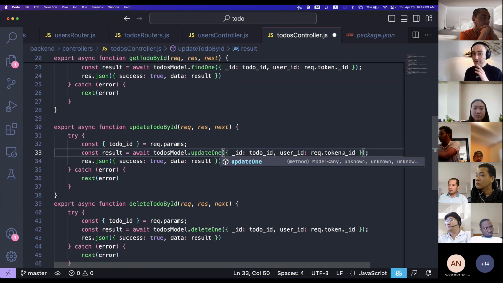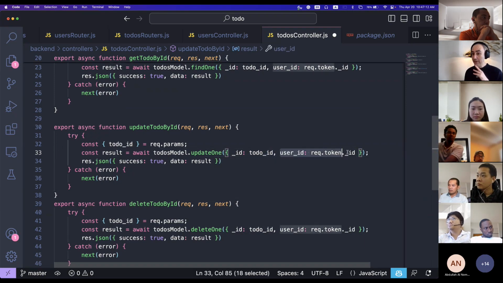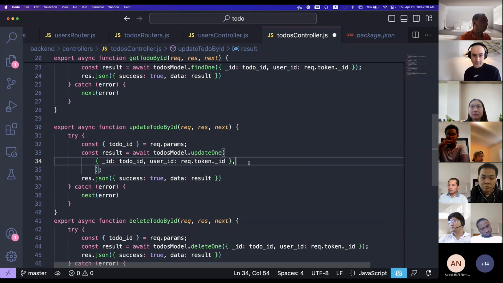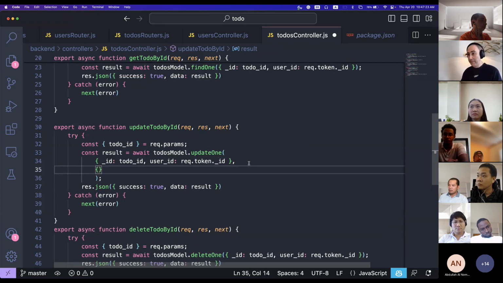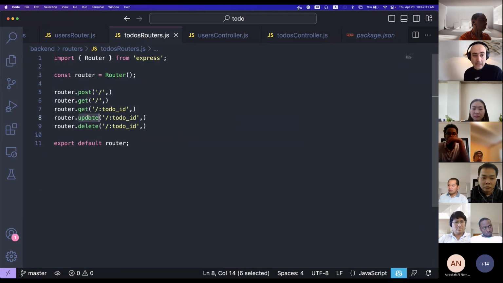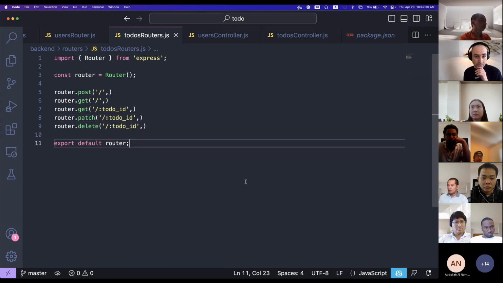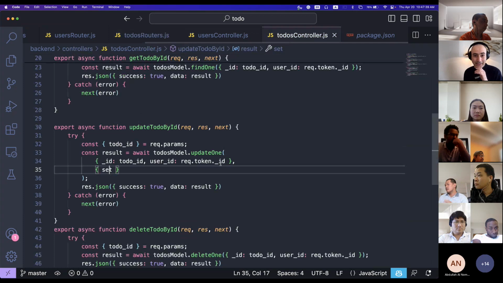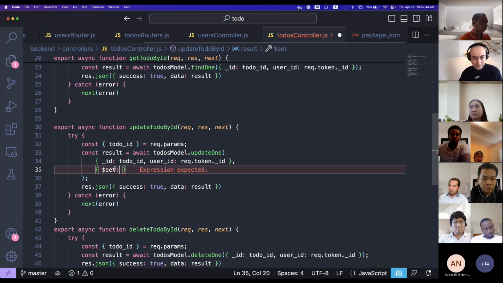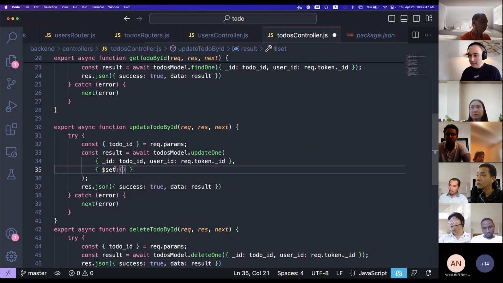Also to update the to-do, I want to verify that the to-do exists and the user is the owner. Now we come to the update part. And obviously I want to patch somehow. So set. That reminds me that my router has an update here, which is weird. So let's call it patch. Okay. I used the word patch, but I never used the verb patch before. So what I need to set is the